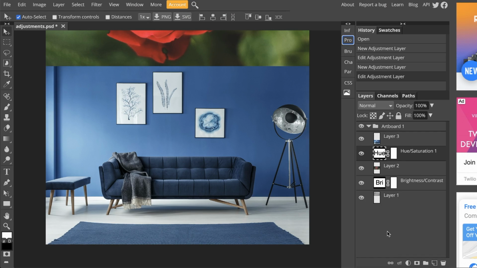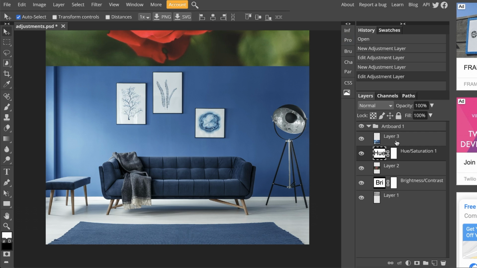Welcome back to the third and final part of the adjustments tutorial. In this portion, I'm going to show you guys how to change the color of the sofa in a really realistic way. So we are going to use a new kind of selection tool that wasn't available a while ago on Photoshop or Photopea, but I believe in the past few years has become a really easy way of selecting objects in an image. Before we start, we want to make sure that we're clicked on that living room sofa